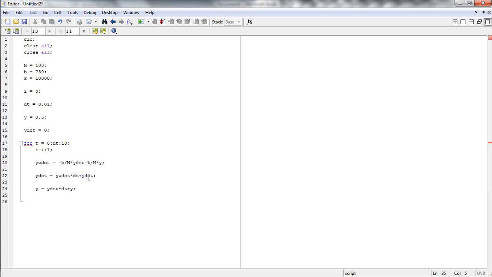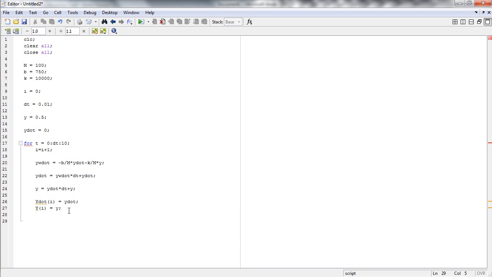But I need to save this y dot and y in the variable as a vector in order to have the time history of these variables. So I put the y dot i equal to y dot; and capital Y i equal to y;